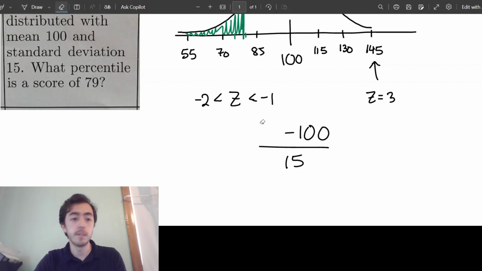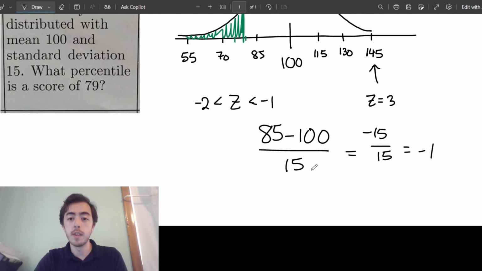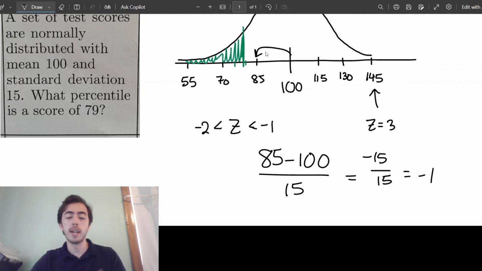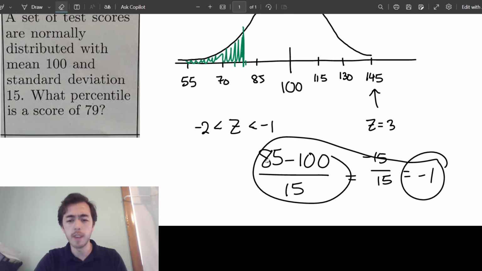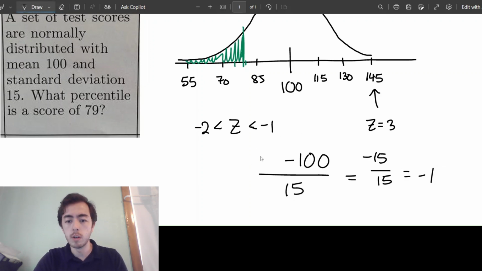Again, just justifying why I'm doing this, if we did put the 85 here, we would get -15 over 15, and that's going to be equal to -1. And if it makes sense to you that a z-score of -1 means moving backwards 1 standard deviation, then you can see how, okay, cool, I got the number -1. This formula makes sense for the 85. And so it should return me some useful information when I plug in a